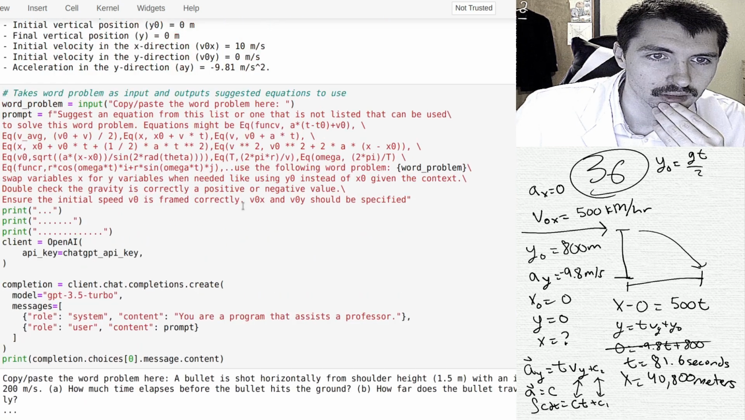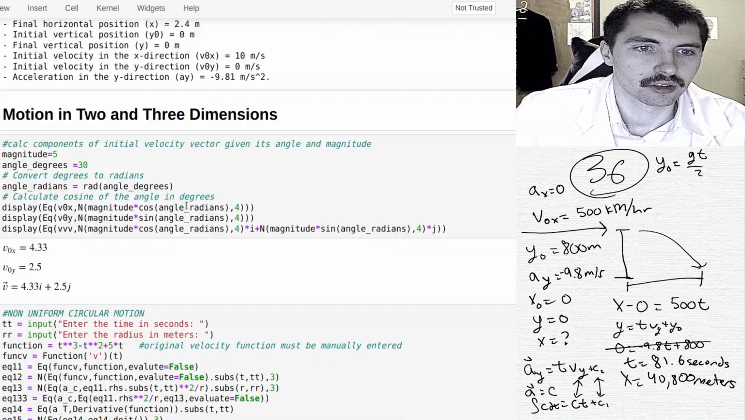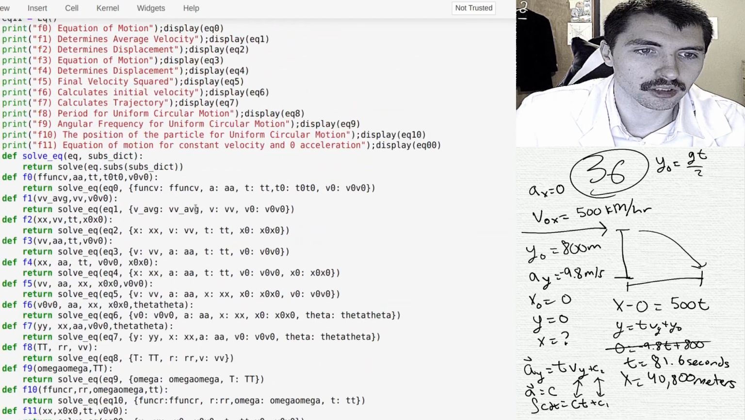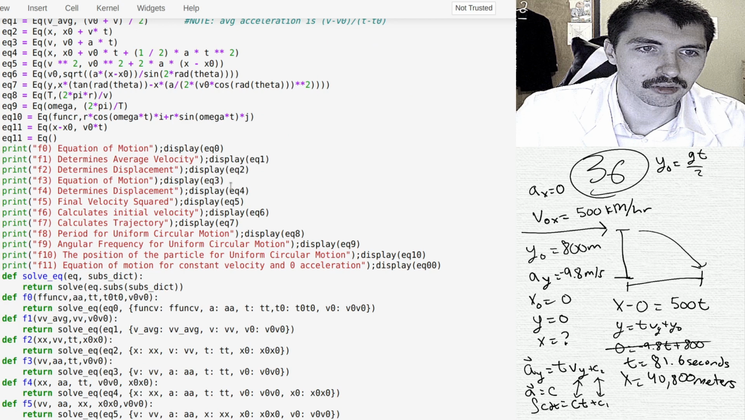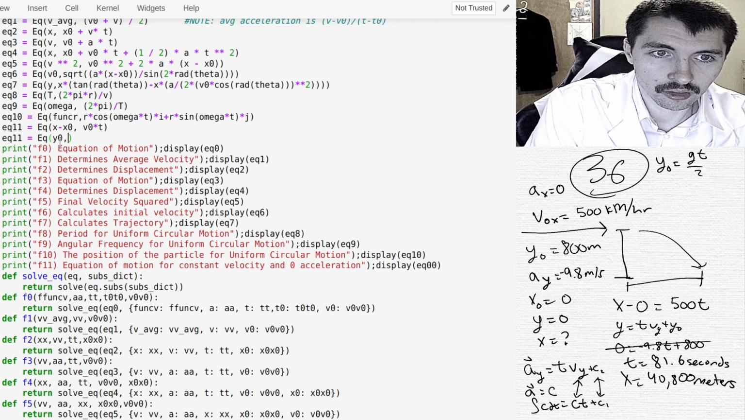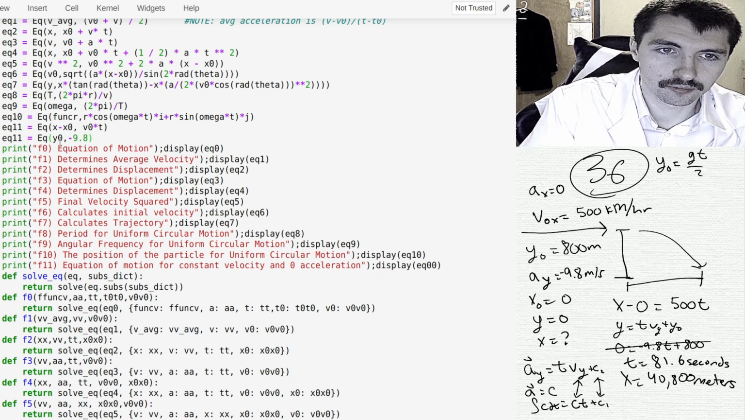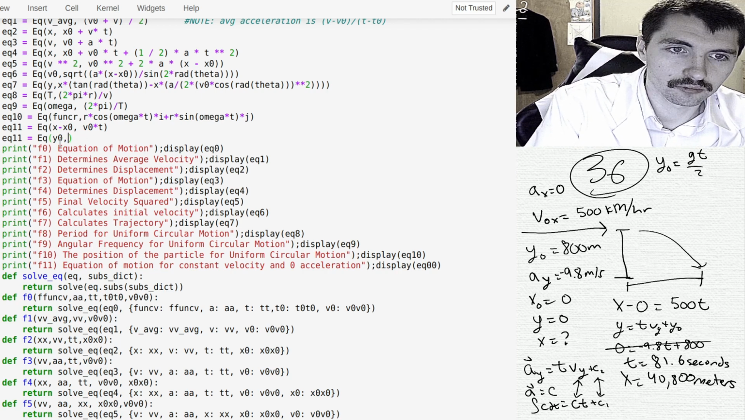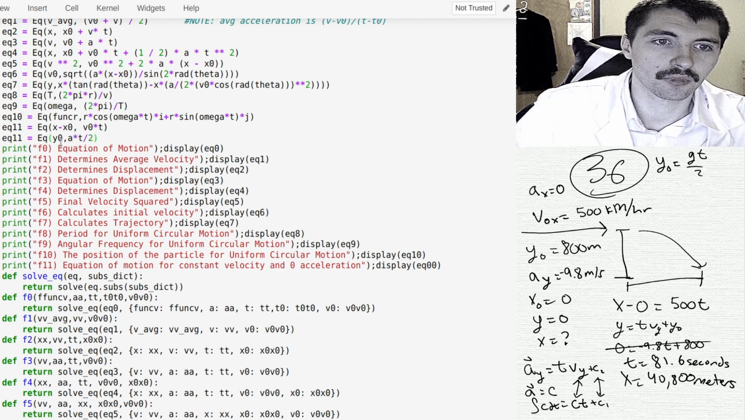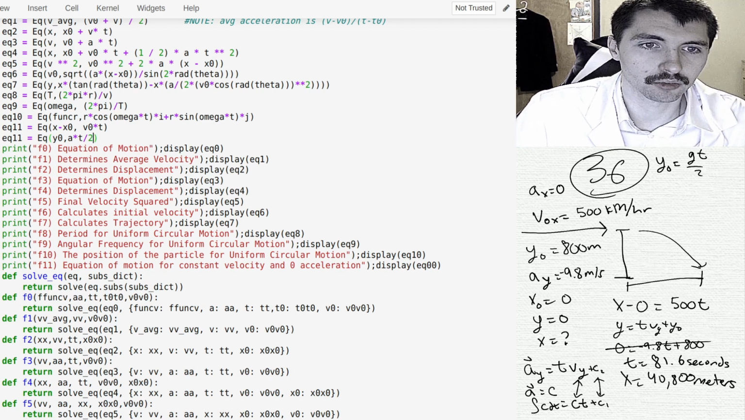Which one? This, I don't like this. I'm just going to delete this one. Motion in two dimensions. Okay, so what am I doing? I want to add a new equation. Equation is y naught is negative 9.8 times t squared over 2. Okay, so